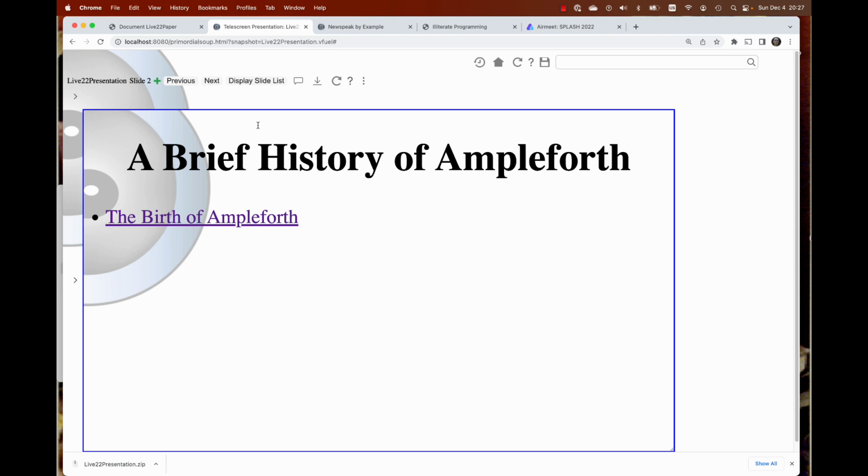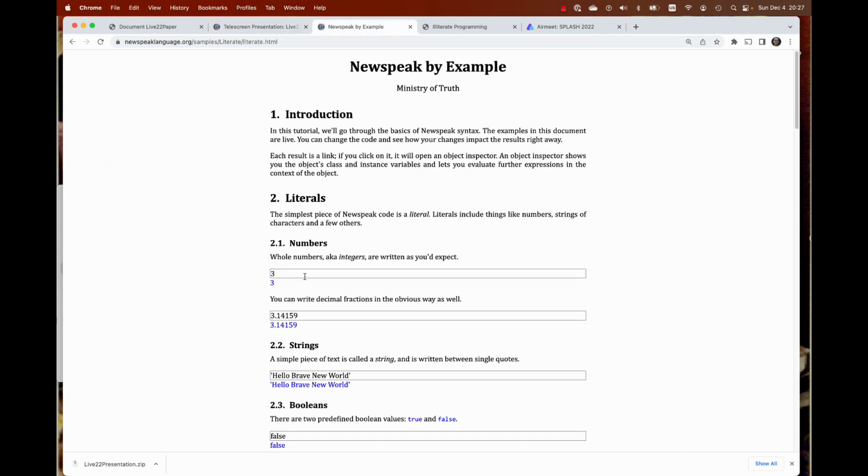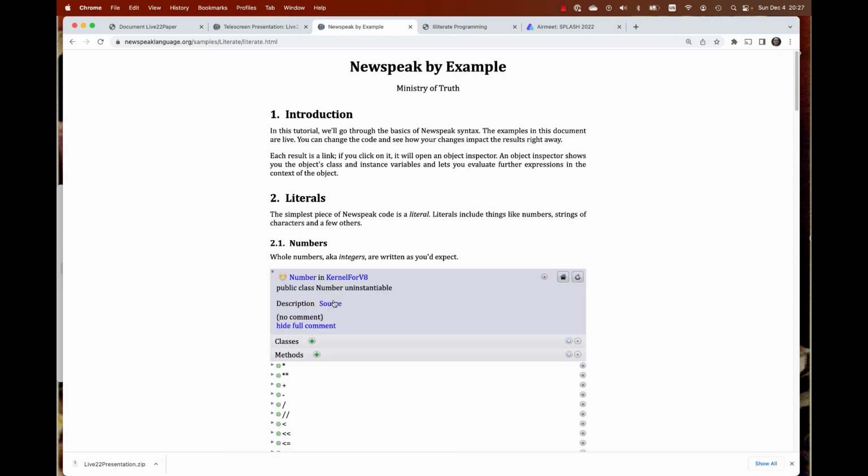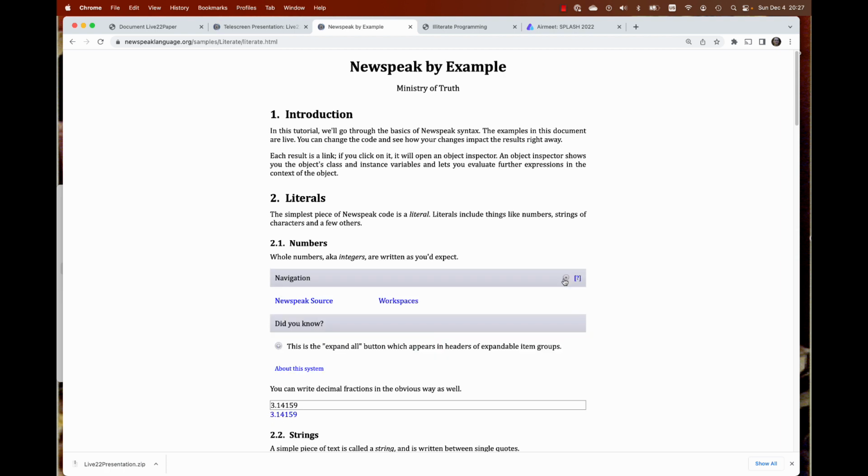So when Ampleforth was little, all it could do was show little evaluators embedded in a web page. But these were live evaluators. And so when you got a result, it was already capable of doing more interesting things. It was precocious even in its youth, because these results were links, which would get you to, say, an object inspector on the result, which could then show you the class of the result and perhaps take you to the entire IDE, all embedded in your web page. So that was nice,